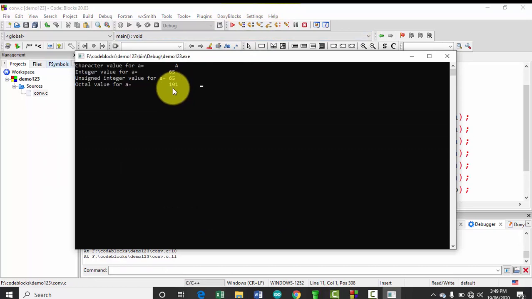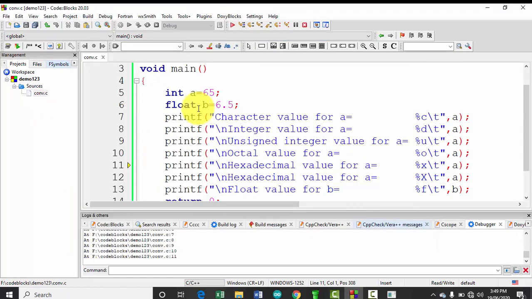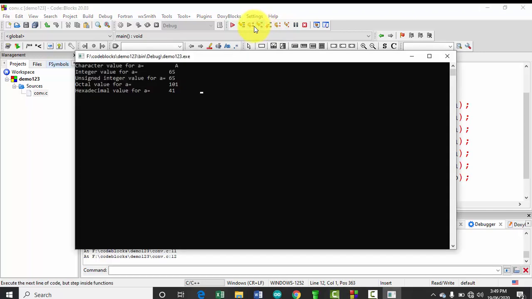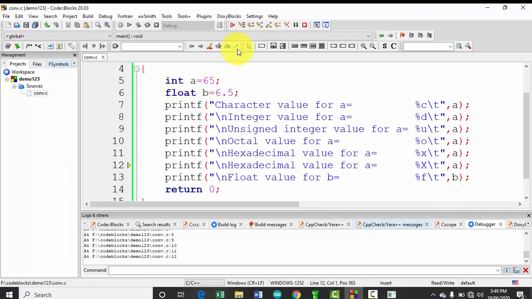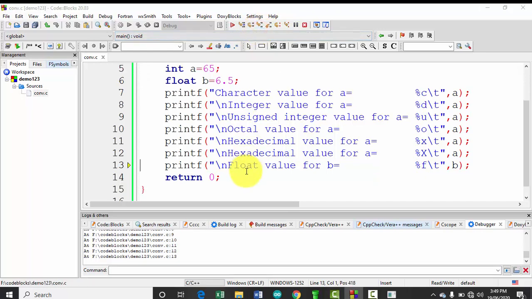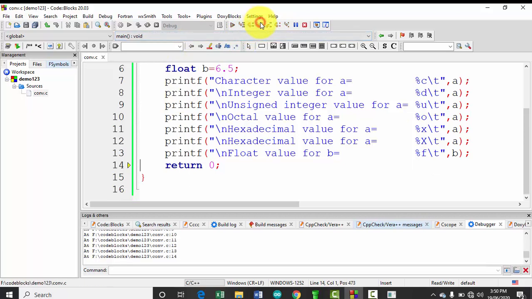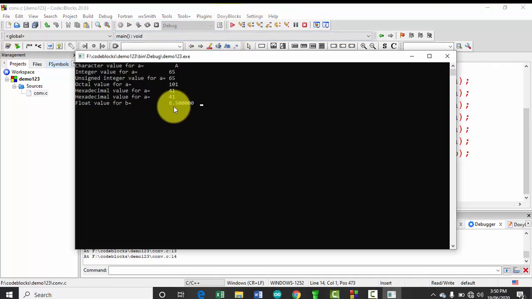The octal value for 65 is 101, and the hexadecimal value is 41, and again the next one, we are getting 41. And for float we are getting 6.500000, that is 6.5 and then 0000. So after the decimal point, by default 6 digits are represented by the compiler.